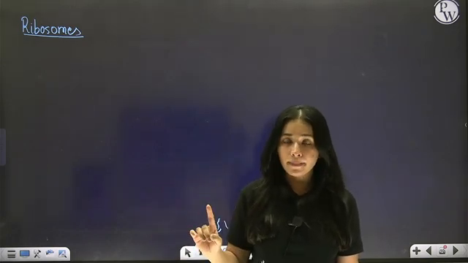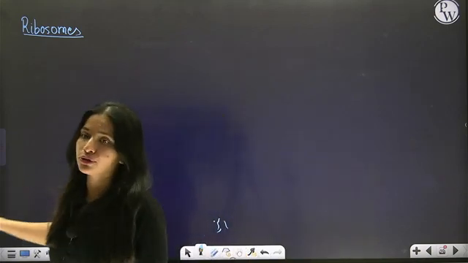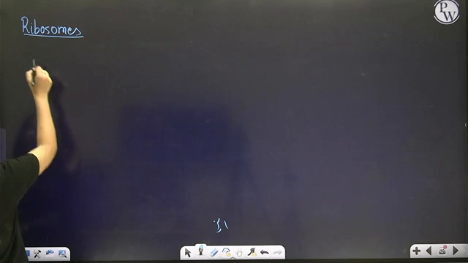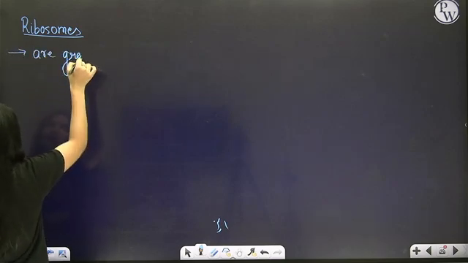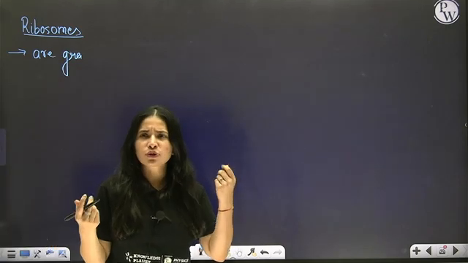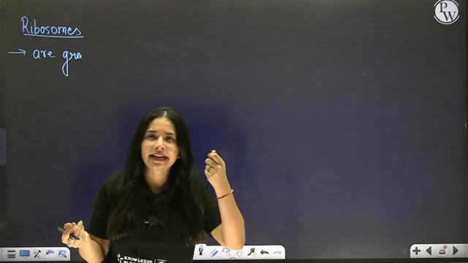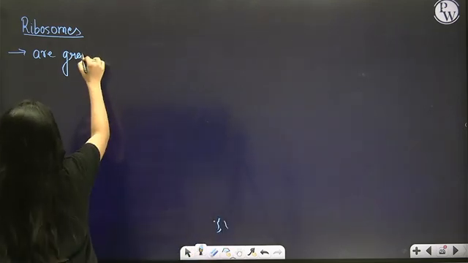Correct? Got my point? Shall we write these extra points which I have told you so far? Chalo, write it. So ribosomes are granular. Granular means like, you know, like crystals, like salt crystal, they're granular, small particle form, right? So these are granular